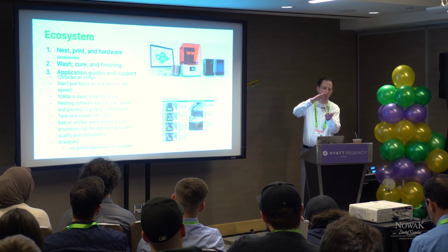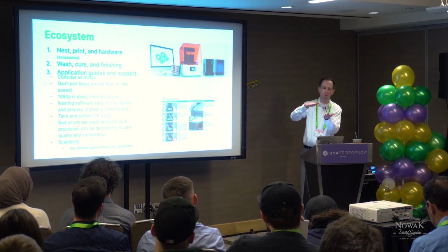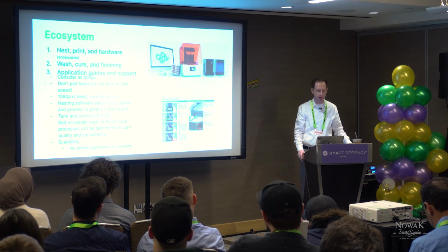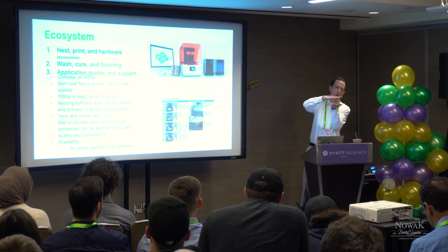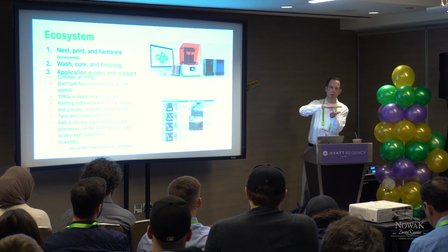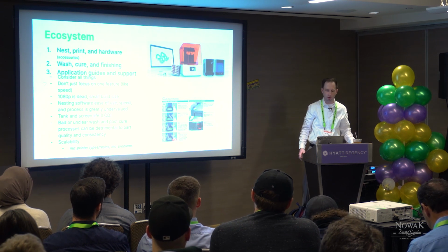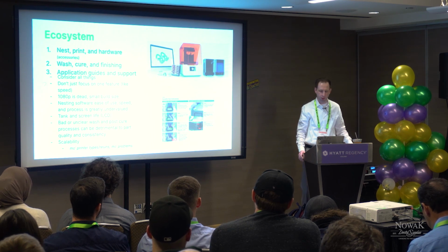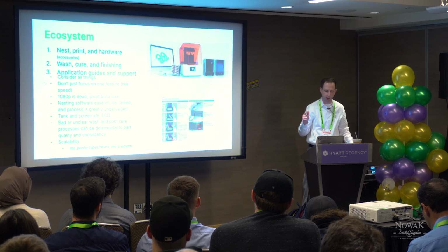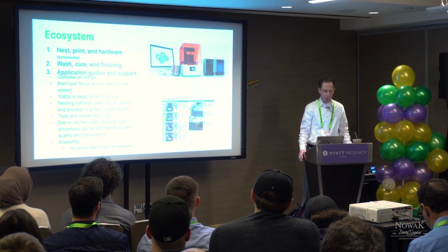So delamination can happen right off the bat, but in the middle of the print, all of a sudden there's a shelf and it kind of sticks to something that's hanging. Looks terrible. That's a delam. That's where one layer is not adhering to another and they split. You ever get a pancake in your resin tank? Right, that's a delam. That is not enough energy to bond to the previous slice. That has a lot to do with nesting and tank. Also the optics, but don't get me started about optics. Okay,